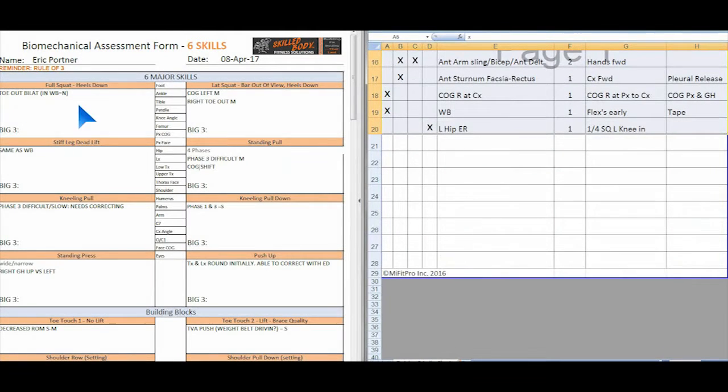Or the first part at least, line by line: toes out bilaterally. Okay, so in his full squat, there's a couple of things we need to know. Is it his hip anatomy, if you have x-rays of their hip anatomy? Is the angle of the neck of the femur such that it forces him to keep his toes out, or is it just a biomechanical issue? We always assume at the start that it's biomechanical, but if nothing's ever changing and you toe somebody in to correct them,